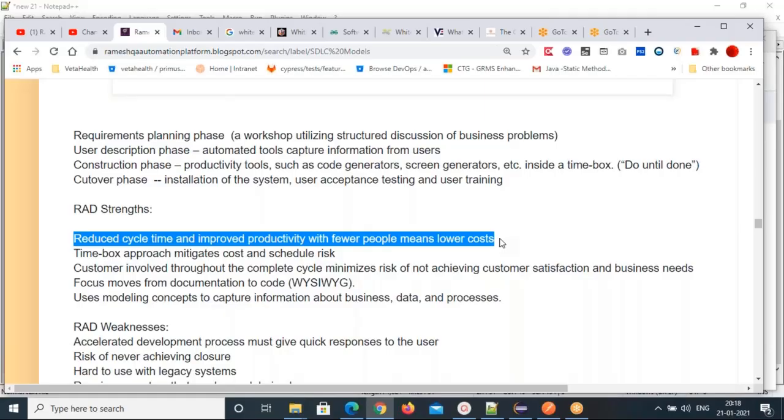If you have a doubt, you can ask on the same day. The focus moves from documentation to coding. So what you see is what you get. In the documentation you are seeing, and in the coding you are getting that.